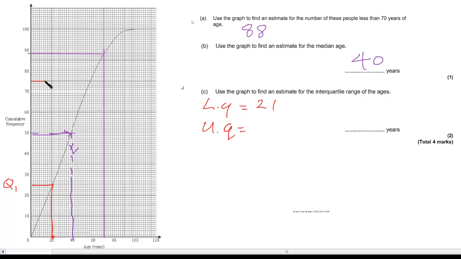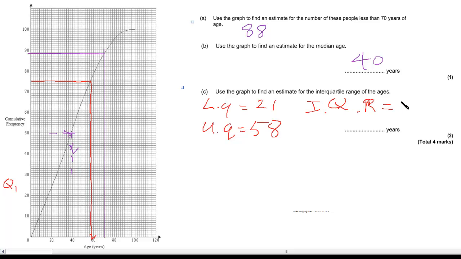75 is here, so draw a line across. It's quite easy to find that line, and then I'm going to try and draw a straight line down, keeping in the same tramlines if nothing else, all the way down to here, which appears to be around about there. So if that is 58 on my picture, then the IQR, the interquartile range,